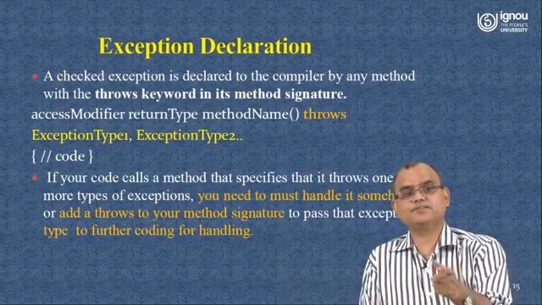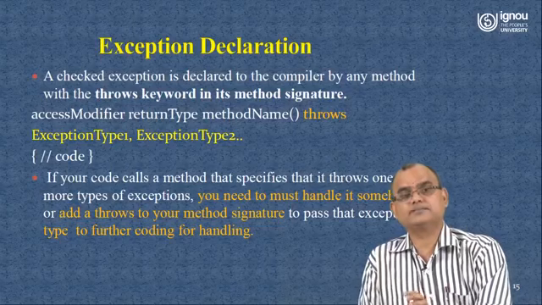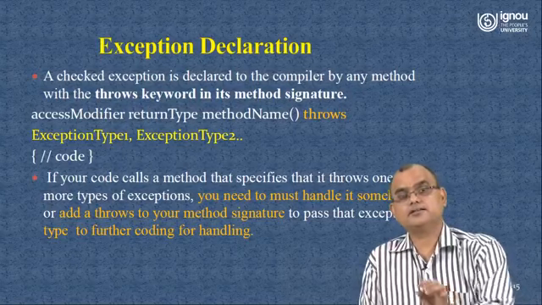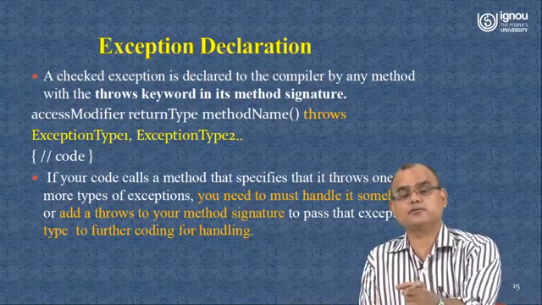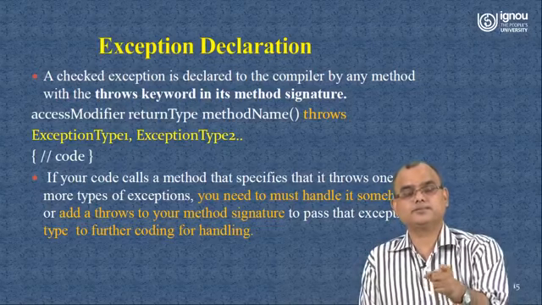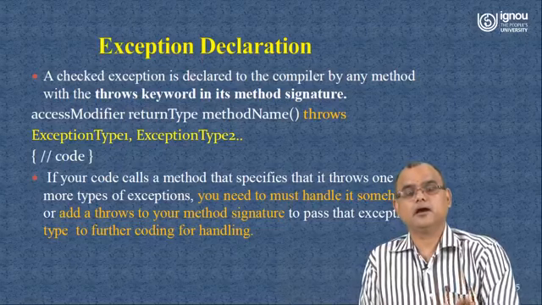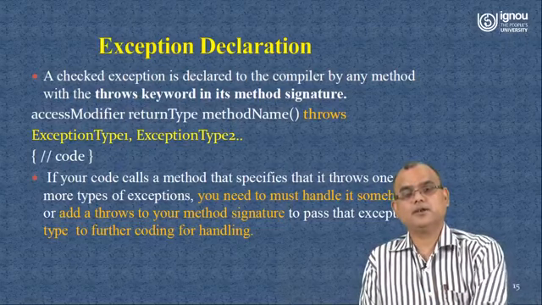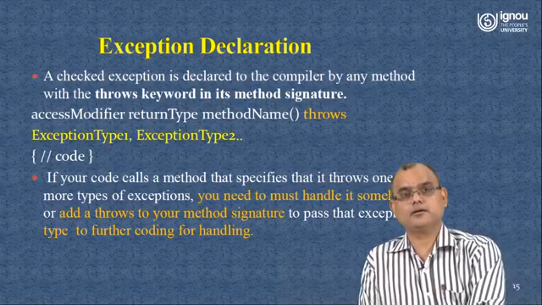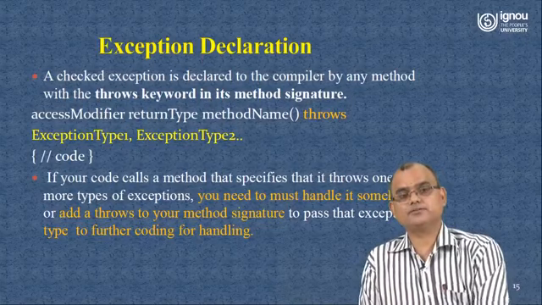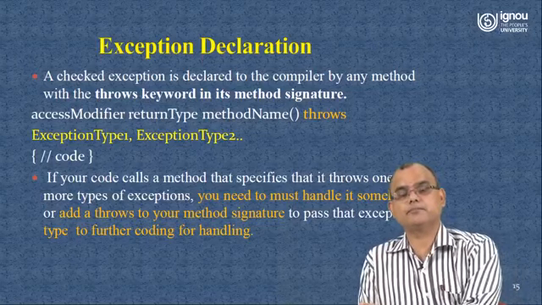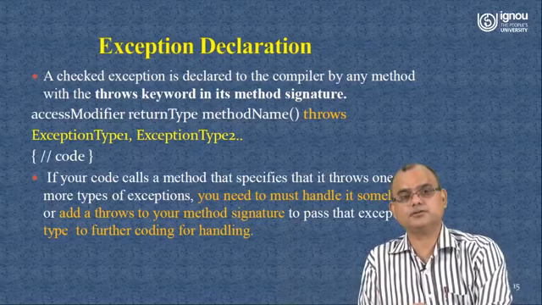Now, whose responsibility is it to manage this exception if the method which we are implementing does not have a mechanism to handle it? It is the responsibility of the code which is going to call or use this method to perform the operation. There this exception should be handled. Either you handle these exceptions at the place of implementation of the method itself, which may generate those exceptions, or using the throws clause you indicate that this method is going to throw this, and accordingly you make provision where you are going to use this method to handle those exceptions.